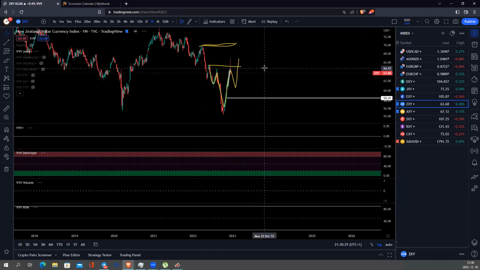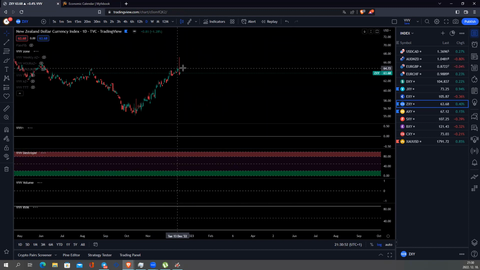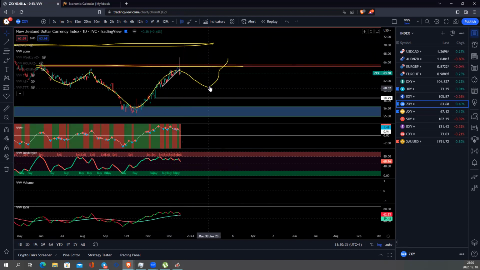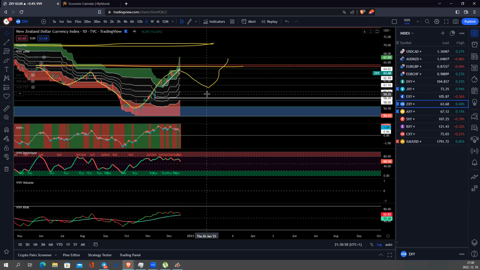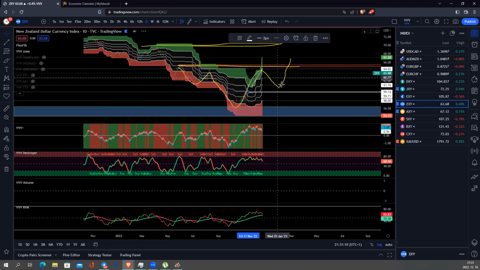That was also interesting from last week, because we couldn't break this point, and this is my draw. I'm waiting still for this. Okay, we need a correction. We got a break from here, but the price pulled it back, so I want to see a correction right here, and it will be around the fib level 38. Okay, and then another movement up